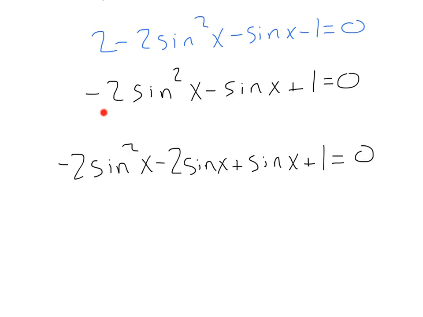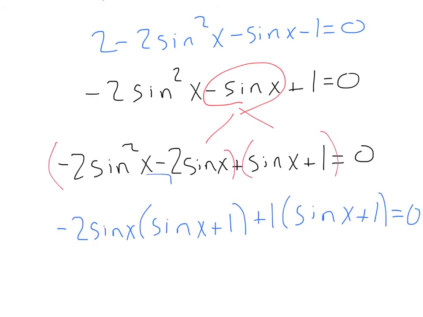Factoring this out, since I have a coefficient in front, I do negative 2 times 1. That's going to be negative 2. Factors of negative 2 that add to negative 1 are going to be negative 2 and 1. So I replace my middle term here with those two factors. I can proceed by grouping. Factoring out from each group,